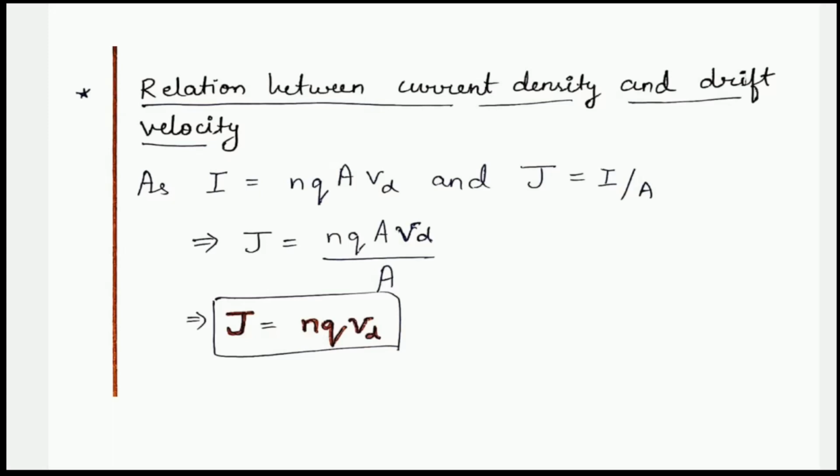As you know, current density J is equal to I by A. So substitute the value of I in this equation. J will become nqAvd whole divided by A. So A and A will cancel out, and the relation between current density and drift velocity will be J is equal to